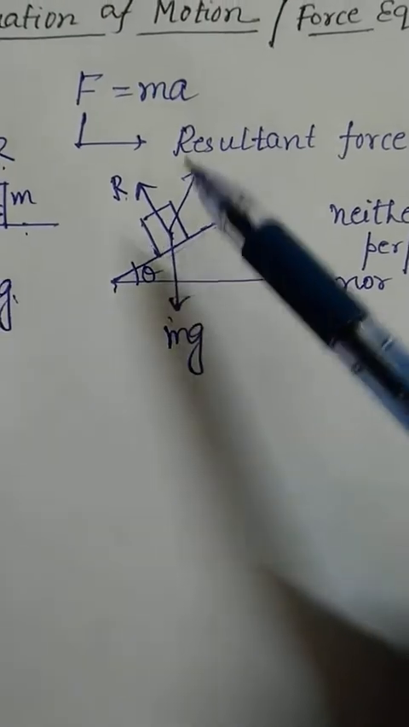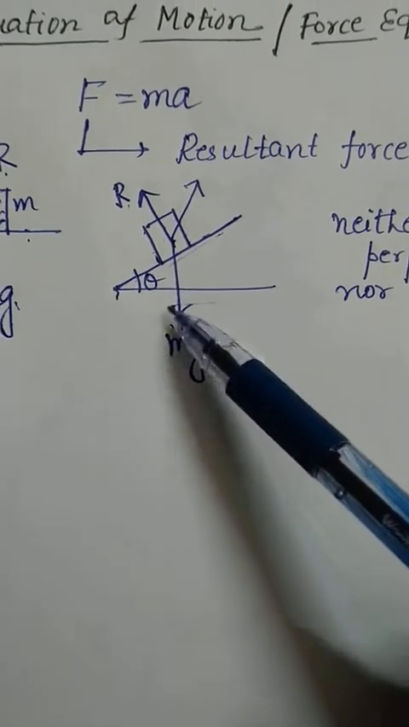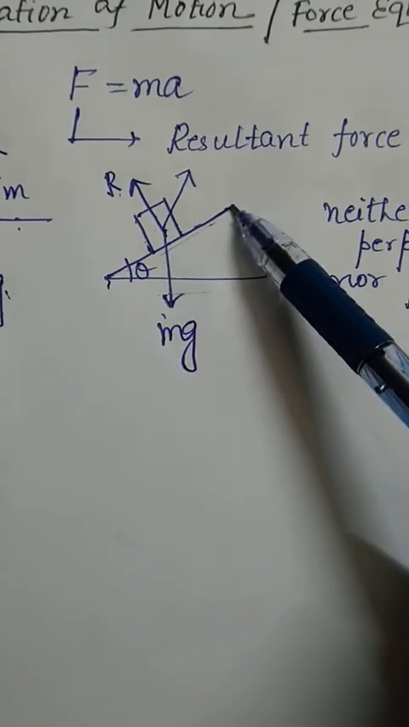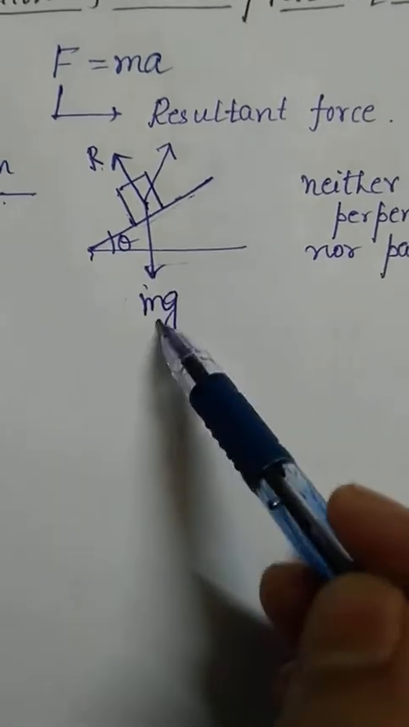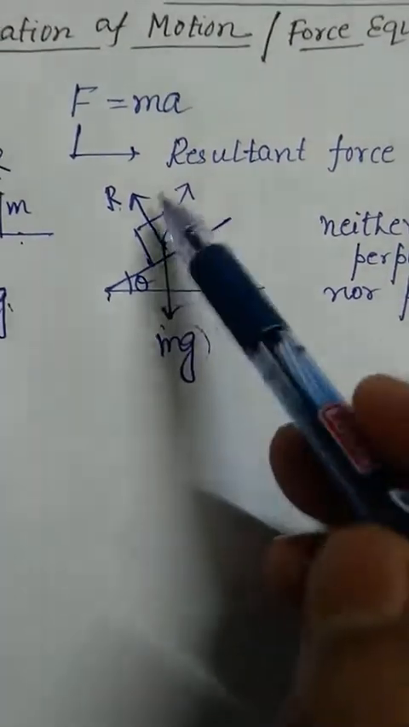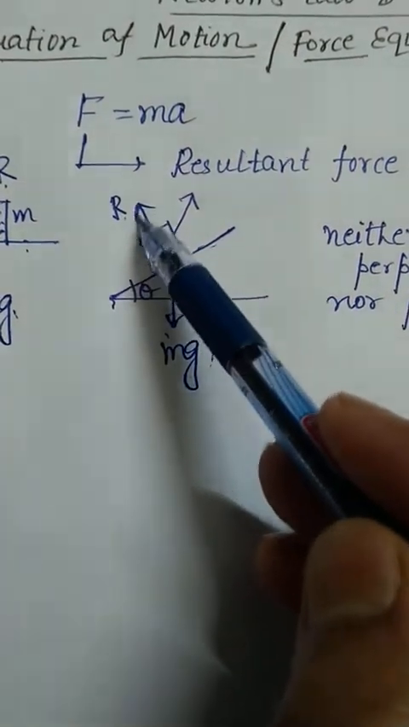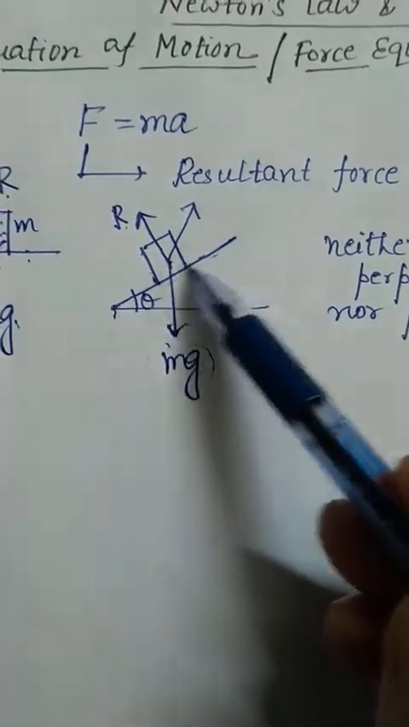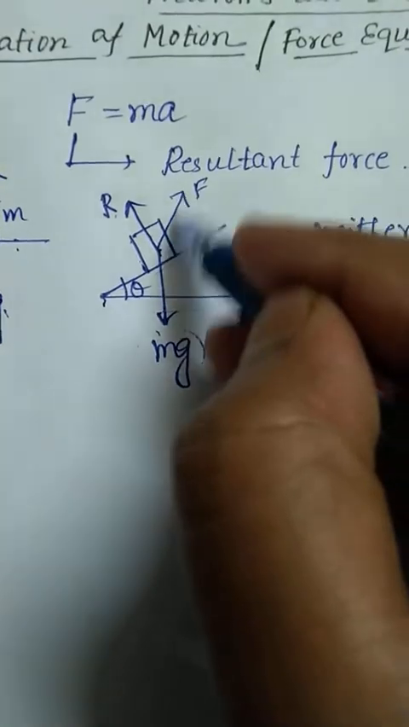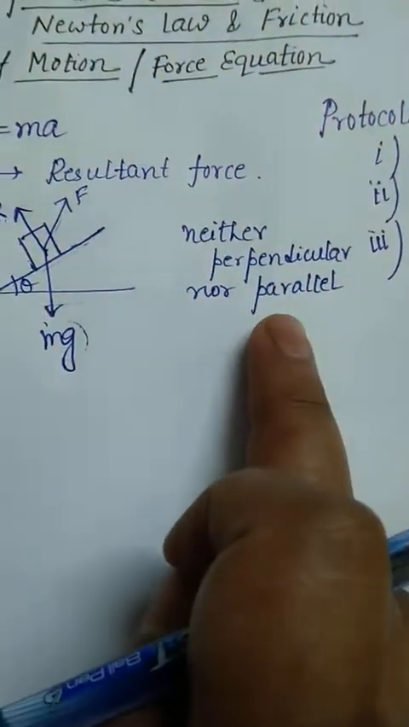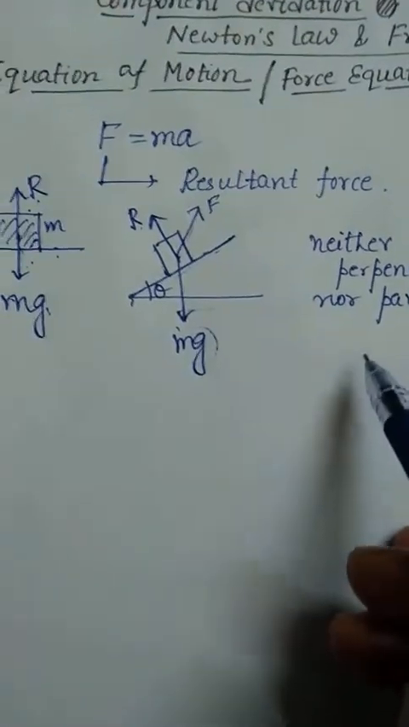And for this case, look at this. This force is neither perpendicular to this plane, nor parallel to this plane. So this is the force I am looking for. But look at this reaction force. This is perpendicular to the plane, so this is not that type of force. This force also, if I take F, is neither parallel nor perpendicular. So the forces which are neither perpendicular nor parallel, divide them